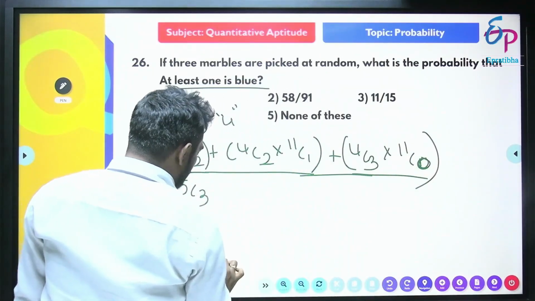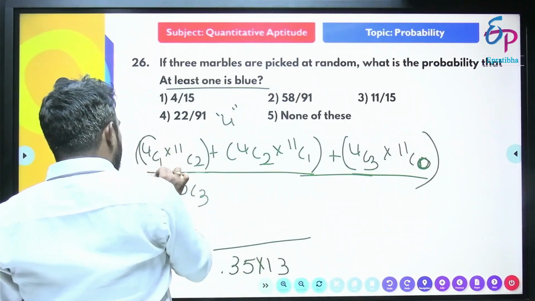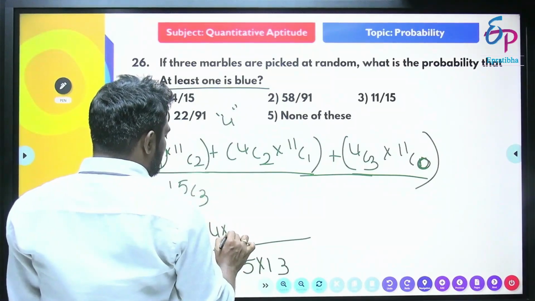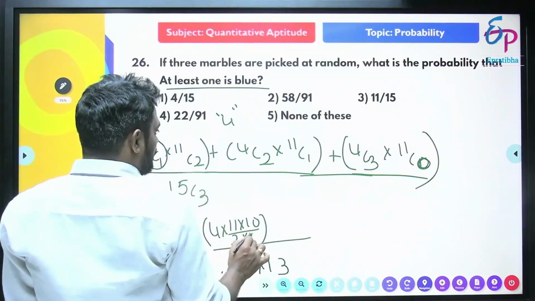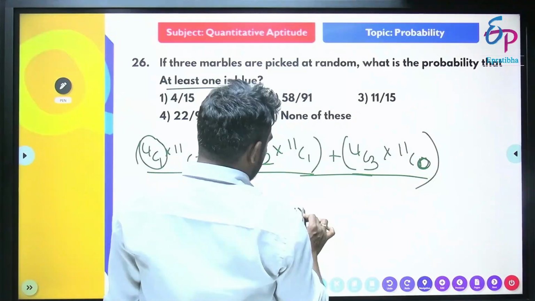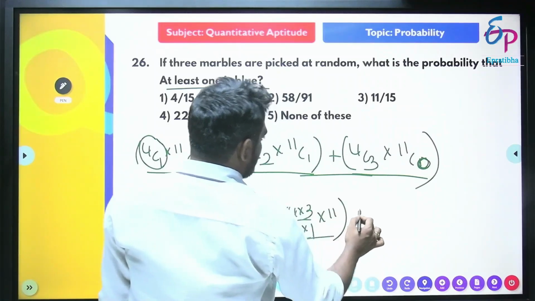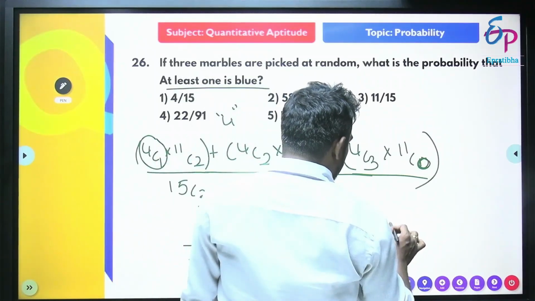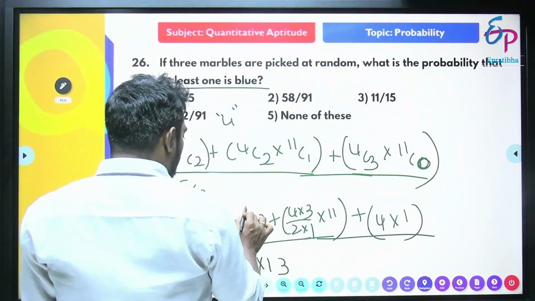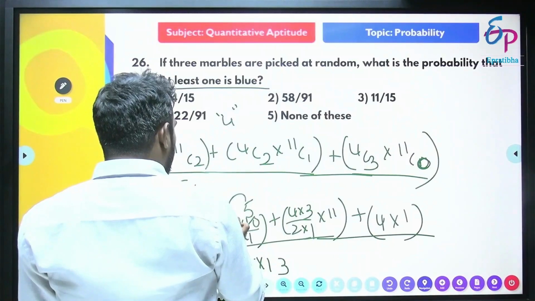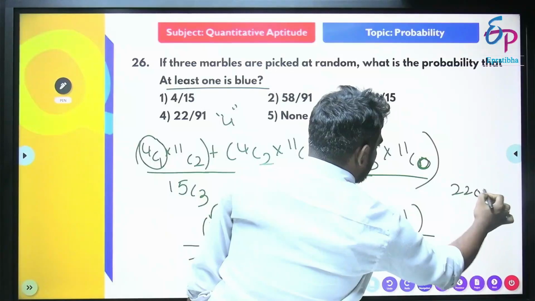So 15C3 value we have calculated as 35 into 13 just before. So 4C1 value is 4 into 11C2, which is 11 into 10 by 2 into 1. Here it is 4C2 value, 4 into 3 by 2 into 1, into 11C1 value should be 11. Plus 4C3, it is 4 into 11C0 value is 1. 55 into 4 which is 220, plus